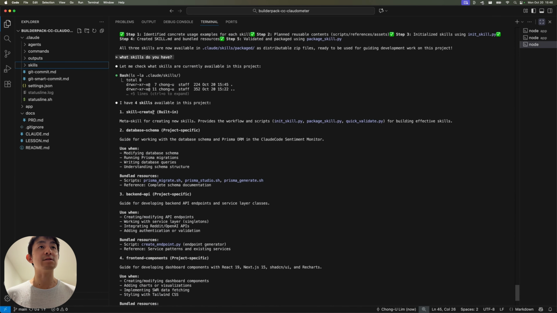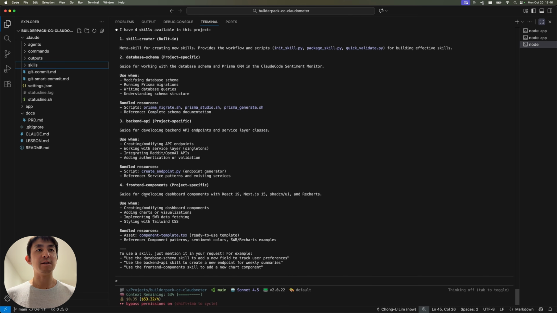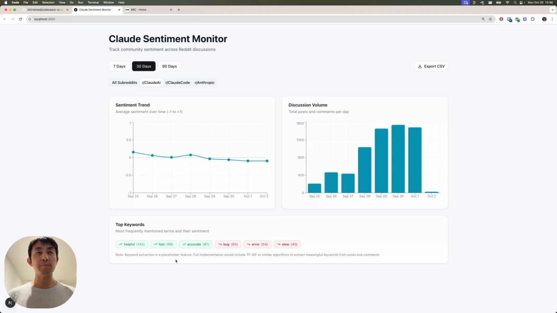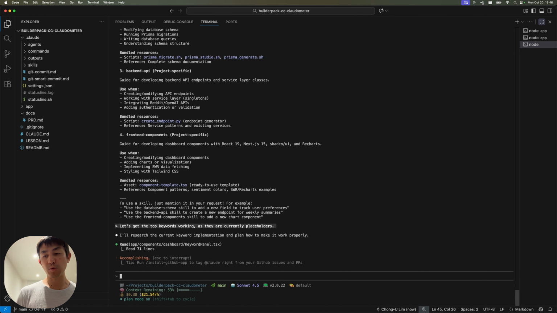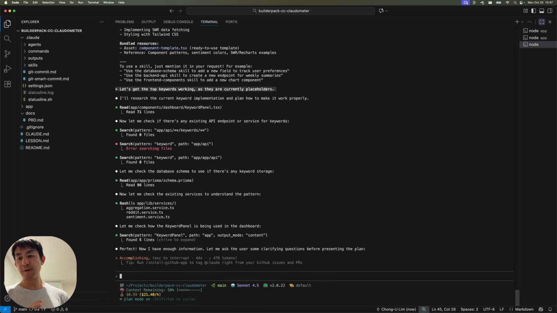All right, so you can see it's skill creator, and then the database schema, backend API, front-end components. So let's see what it'll take here. I'm going to switch to plan mode, which is very useful whenever you are thinking about building some components. All right, so I'm going to say, let's get the top keywords working as they're currently placeholders. So this should look into how the current functionality is. All right, and now that plan mode has done it, you can see here it says that